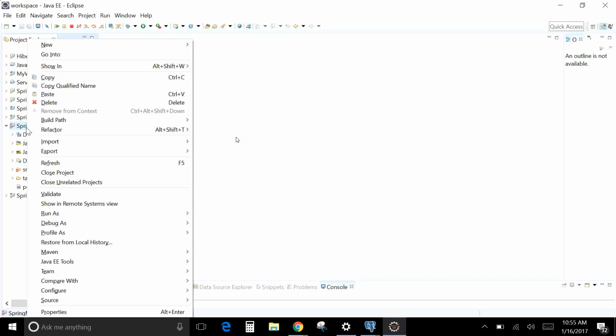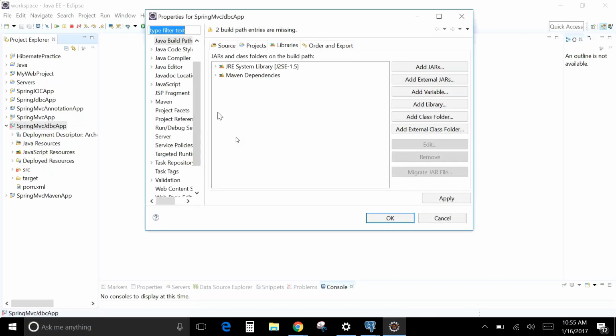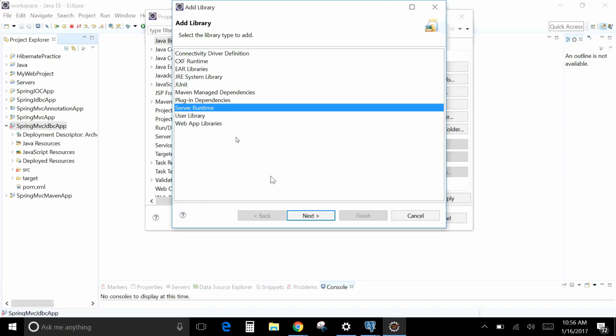Yeah, go to build path, configure build path, add library, server runtime,